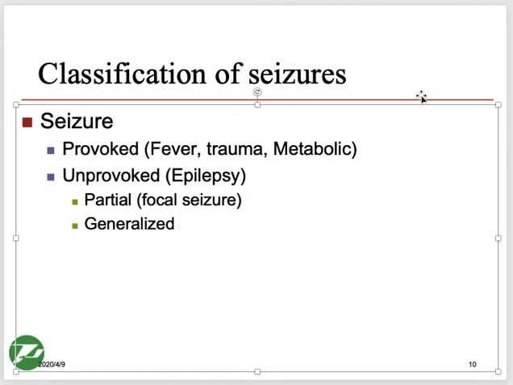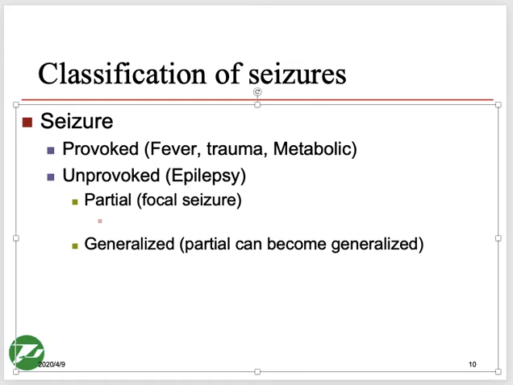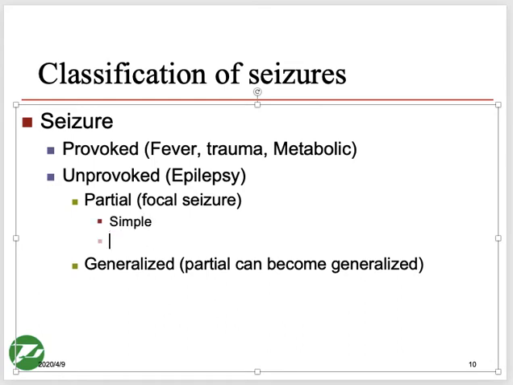Generalized means when the seizure becomes generalized all over the body. One thing, guys, remember, partial seizures can change into generalized as well. Now one more thing, guys. A partial seizure can be a simple seizure or a complex seizure. Same thing with generalized. A generalized seizure can be convulsive,